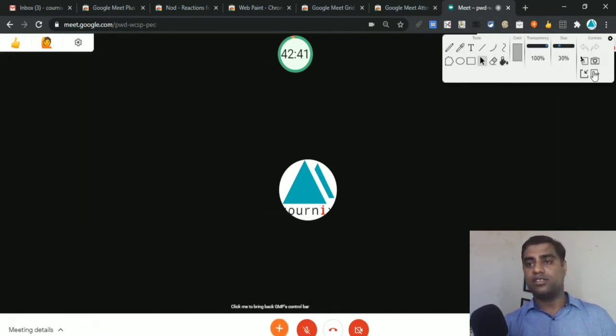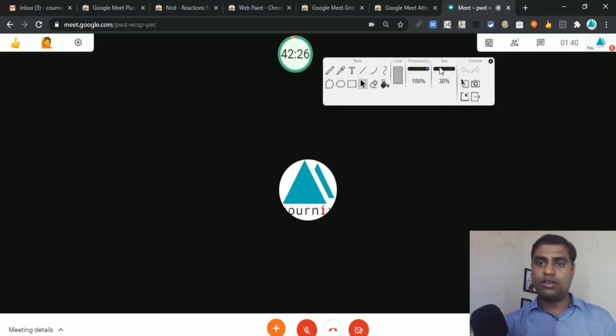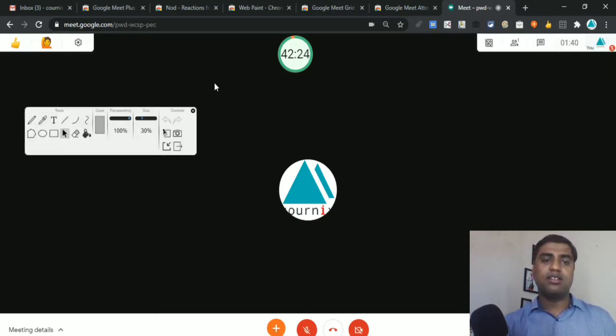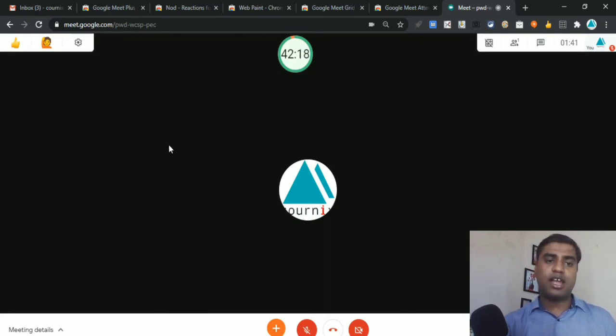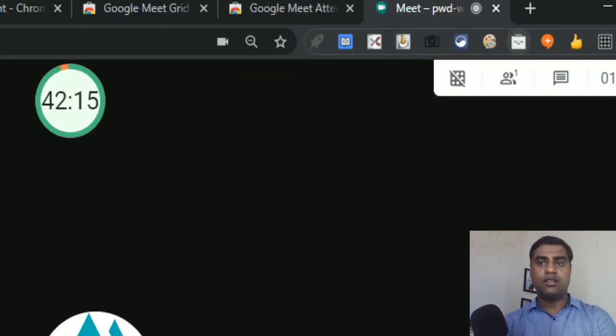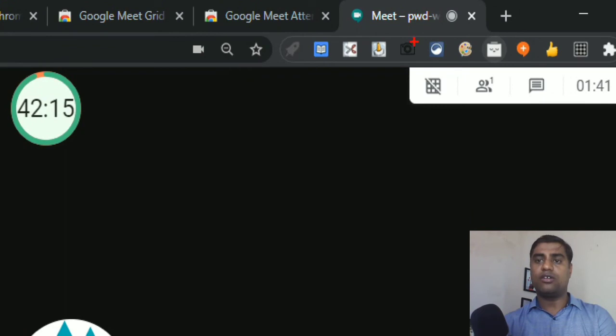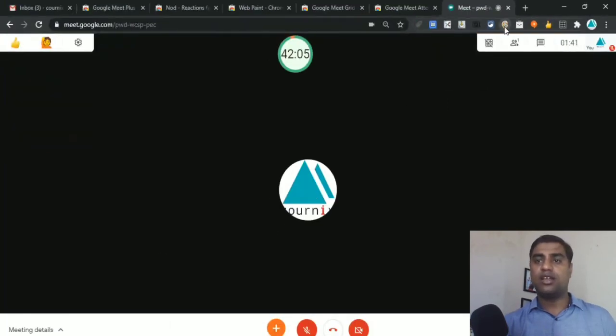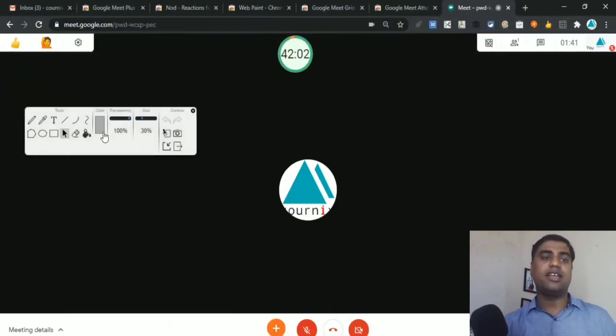Now this third extension is called Paint View, or you can also say it is used for annotation purposes. First of all, if you are annoyed with the position, you can drag it and place it somewhere else on the screen, or if you want to hide it, you can simply hide it. Once you hide it, it will disappear, and you have to click on this portion of your extensions area and figure out where this symbol is, and then you can click it again and get it back on the screen.